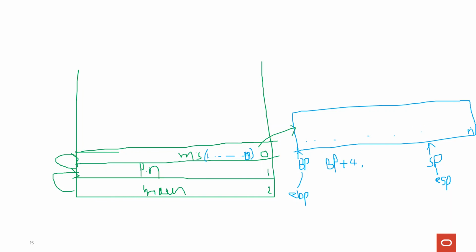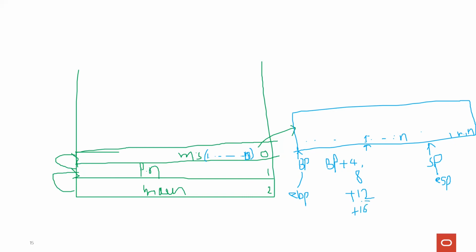And the n minus 1th argument will be moved here, and it will read till the 0th argument. All these parameters will be moved to the BP plus 8th location. So your first parameter will be at base pointer plus 8, and then all the other parameters thereafter. If you want to read the first parameter, you have to read base pointer plus 8, because it is 32-bit architecture, 4 bytes. Similarly, the second parameter will be base pointer plus how much? Any guesses? It will be 12. And the third parameter will be base pointer plus 16.